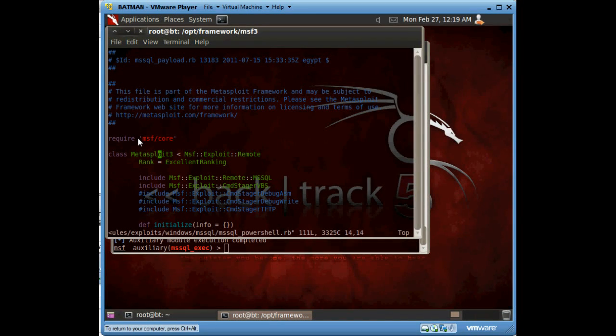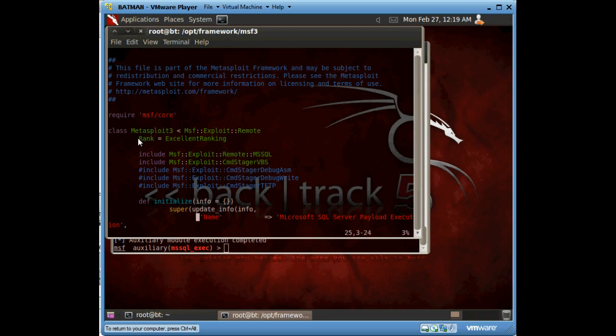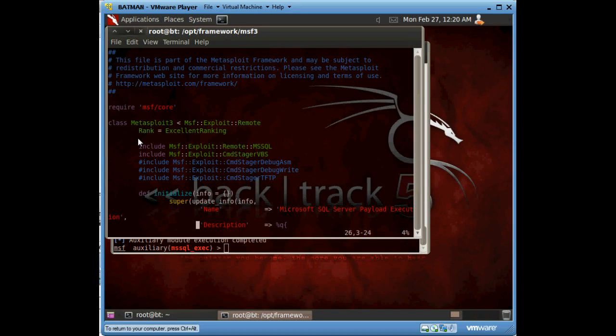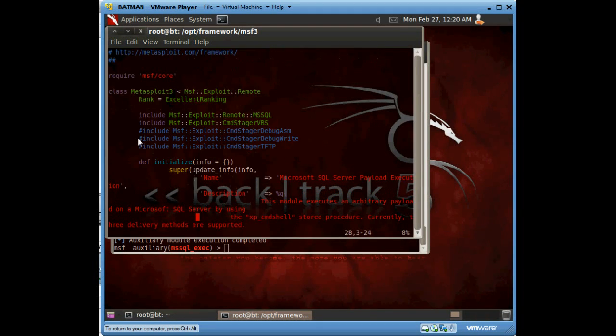Create a class that uses the Metasploit exploit from remote. Here you can give it a ranking, saying how reliable it is. More library inclusions. Go down to the initialize function. This has stuff like the name of the exploit, the description,